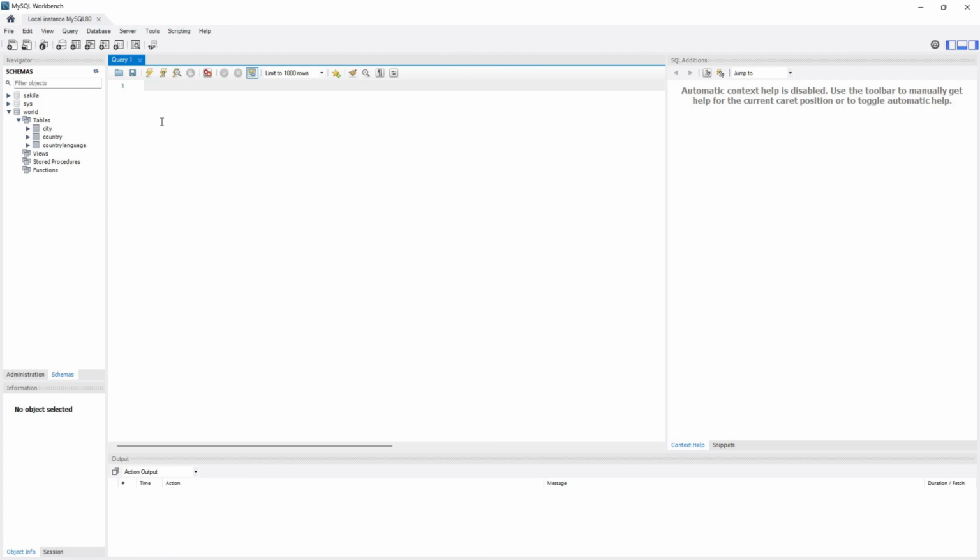So at this point we can do use world, and then we can say select star from city. The command use world tells the database that we want to connect to this particular database schema. So I can highlight that and run it with these two buttons here, the lightning button. So if I execute the selected portion of the script,